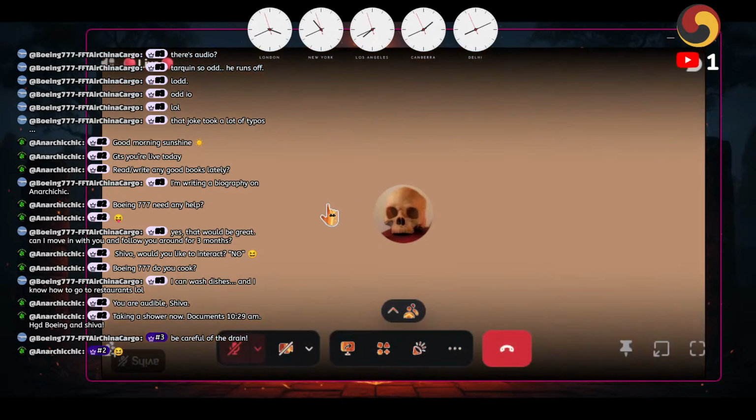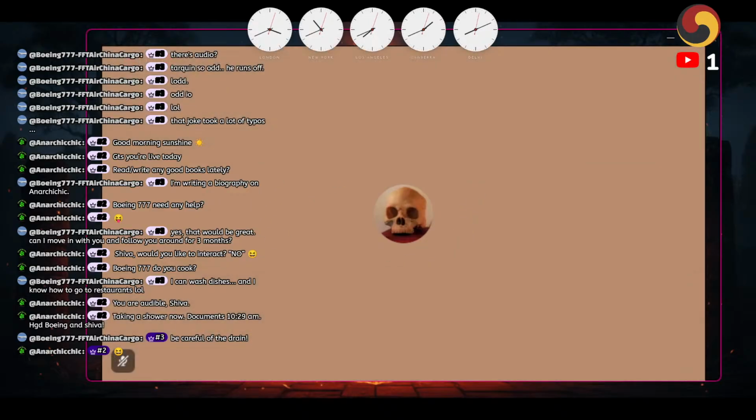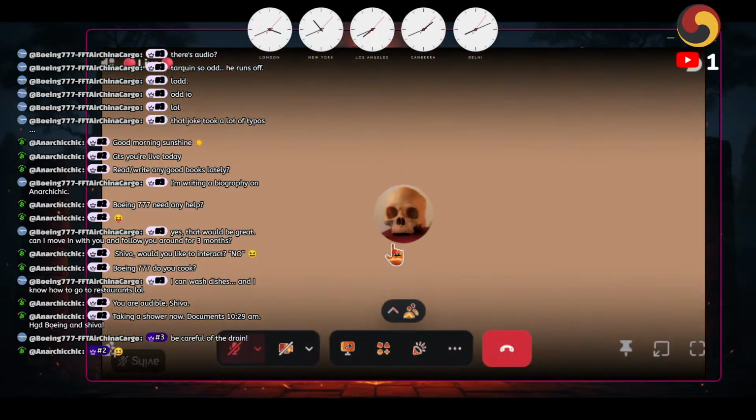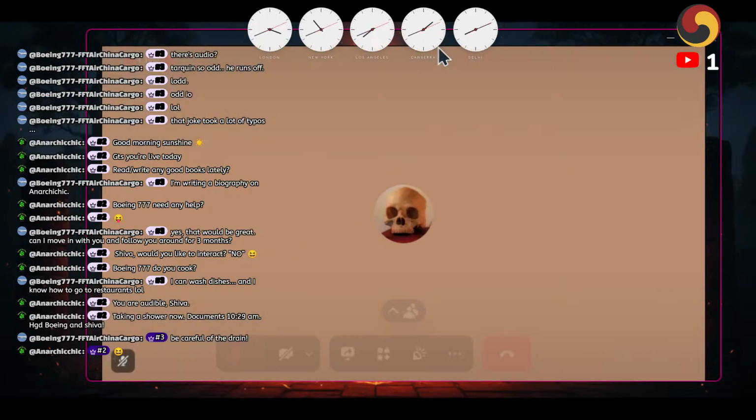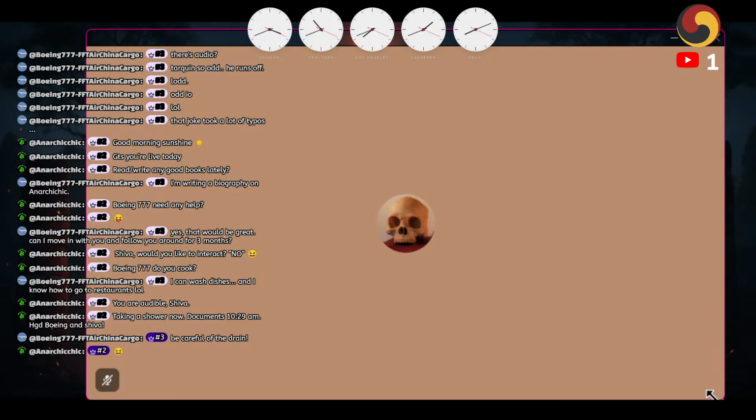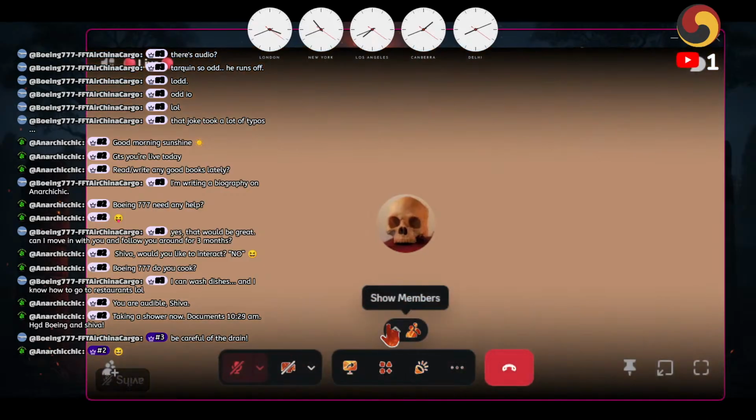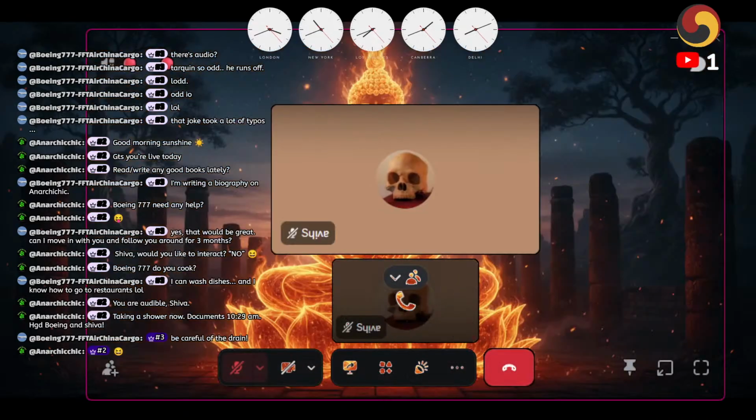I mean, it makes things look a bit weird because, of course, my mouse is black. So when my mouse hovers over things, everything that's black looks a bit weird, but that'll do. So then if I do this, show members,